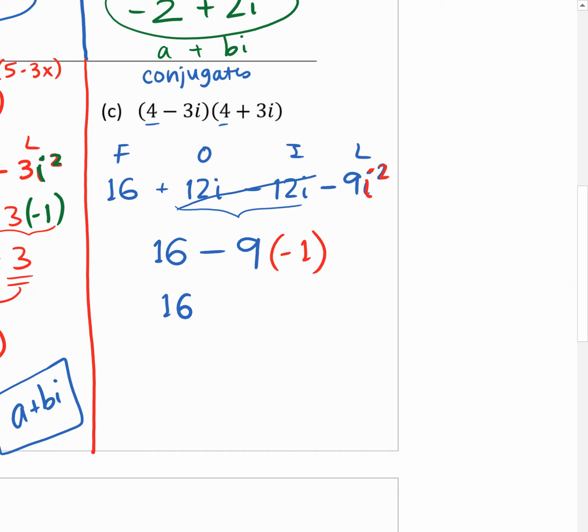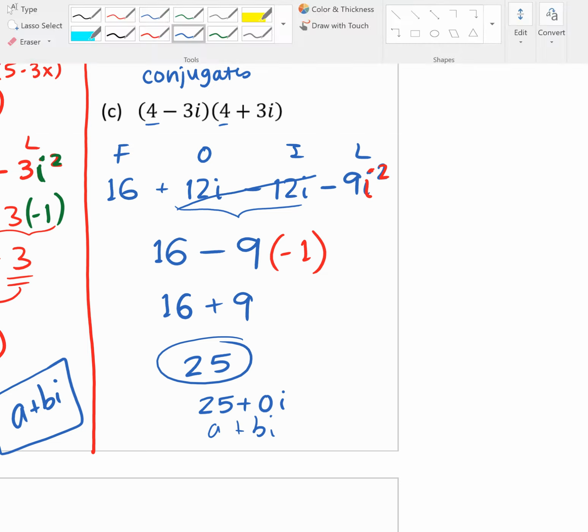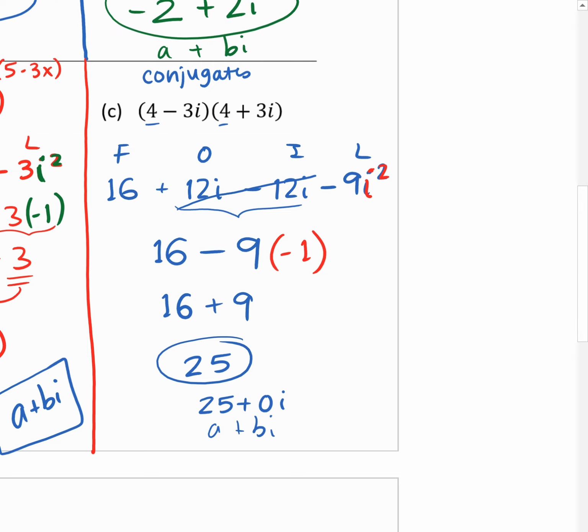So you have 16, and negative 9 times negative 1 is positive 9. If you add those together, you get 25. Wow. So that's it. Even though that doesn't look like a complex number, it could be 25 plus 0i, if you wanted to really make it look like a plus bi. That's interesting, though. It's probably worth pointing out, and I think that'll be helpful soon, that when you multiply conjugate